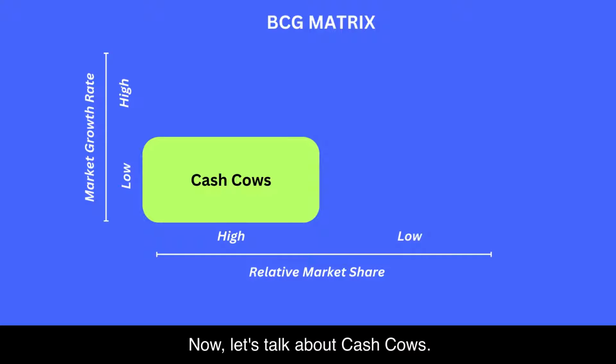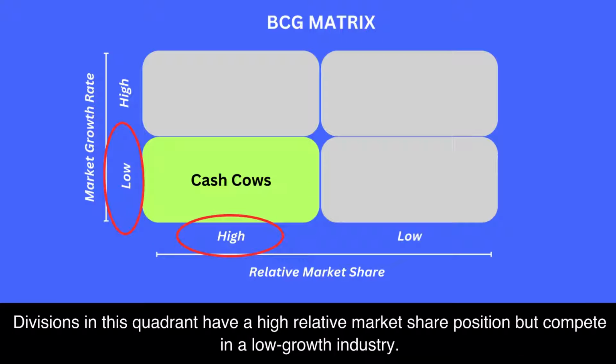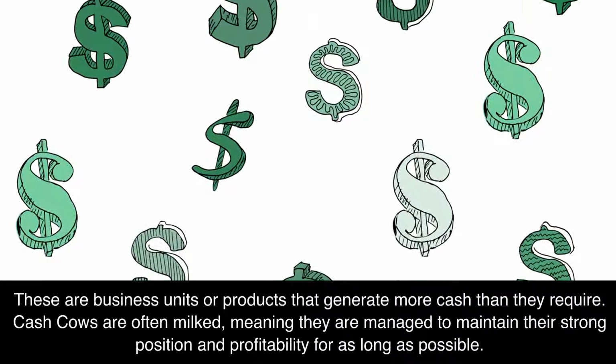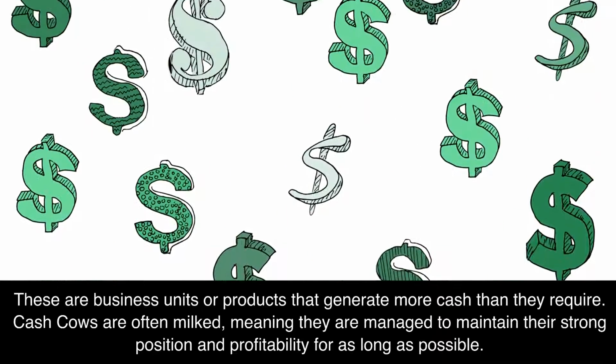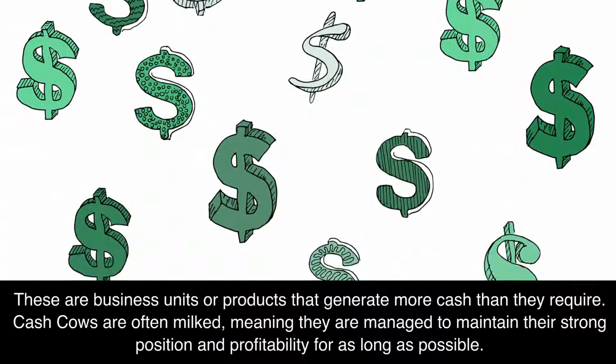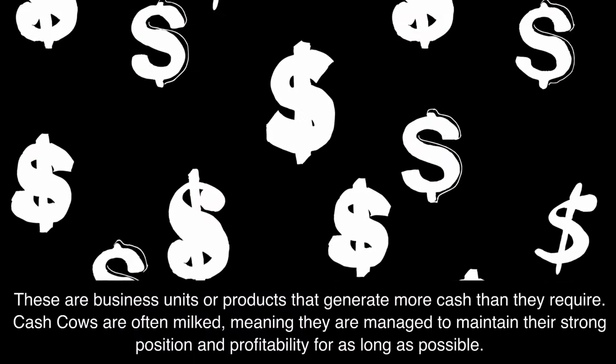Now, let's talk about cash cows. Divisions in this quadrant have a high relative market share position but compete in a low-growth industry. These are business units or products that generate more cash than they require. Cash cows are often milked, meaning they are managed to maintain their strong position and profitability for as long as